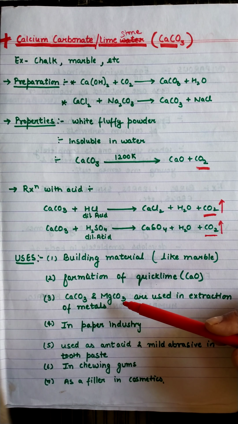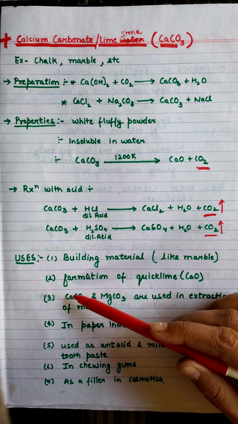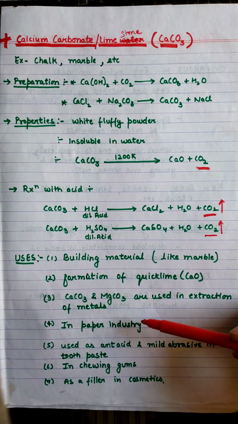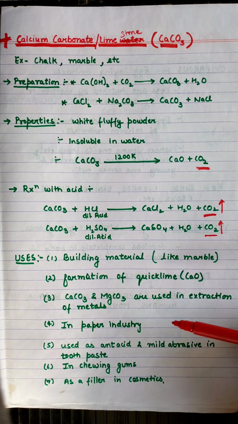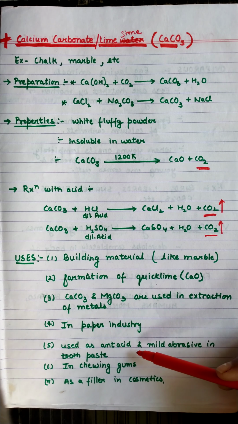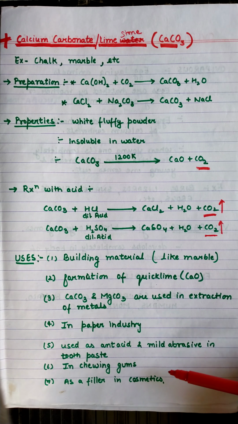Then calcium carbonate and magnesium carbonate, both combined, are used in the extraction of metals, that is in metallurgy, the metal industries. They are also used in the paper industry for making high quality paper. These are used as antacids, so they are used for medicinal purposes also, as well as